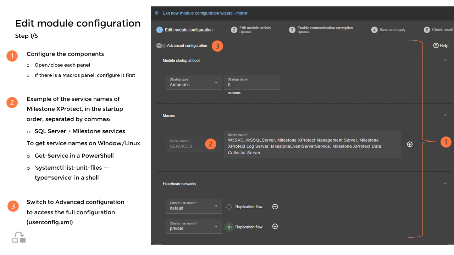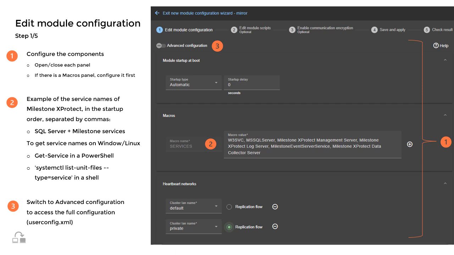With a Hyper-V or KVM module, and with the replication and restart of an entire virtual machine, you will not have to specify the services, but instead the virtual machine name and its location. Next comes the configuration of the heartbeats in the figure. A heartbeat is a monitoring data flow on a network shared by both nodes. It is used to synchronize both nodes and detect node failures.